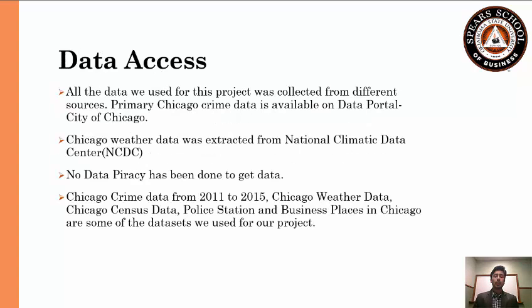Before coming on to the data access of our project, all the data that we used for this project was collected from different data sources. The primary Chicago crime data was collected from City of Chicago data portal, and the weather data of Chicago was collected from the National Climatic Data Center (NCDC). We did no data piracy to extract or get the data, and some of the data sets that we've used for the project are Chicago crime data from 2011 to 2015, Chicago weather data, Chicago census data, Chicago police station,